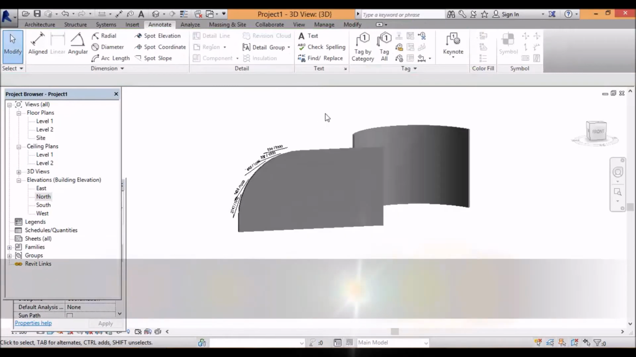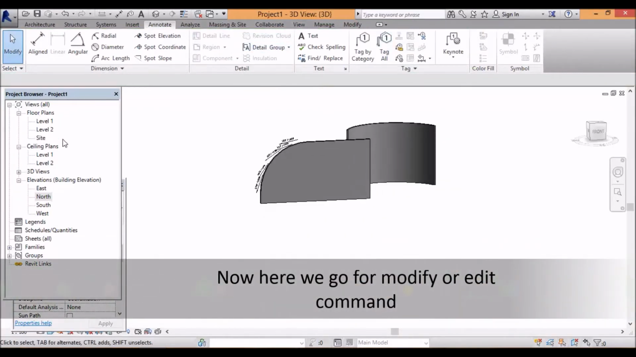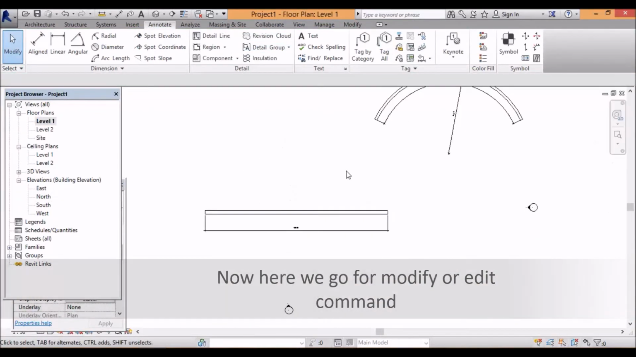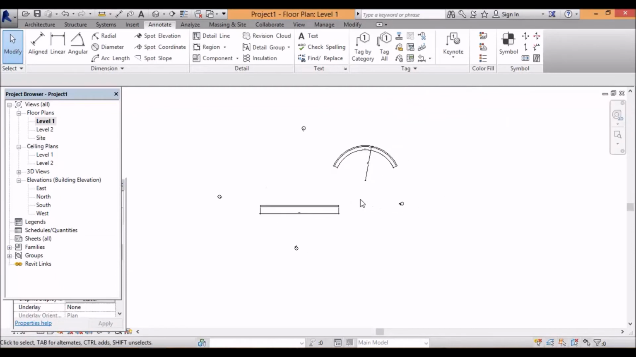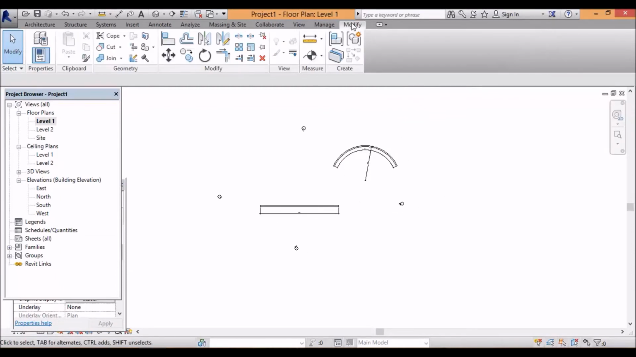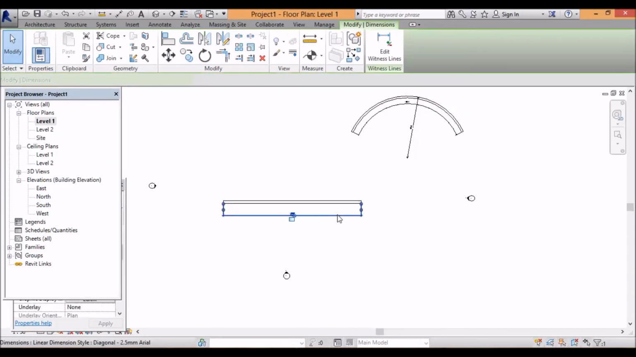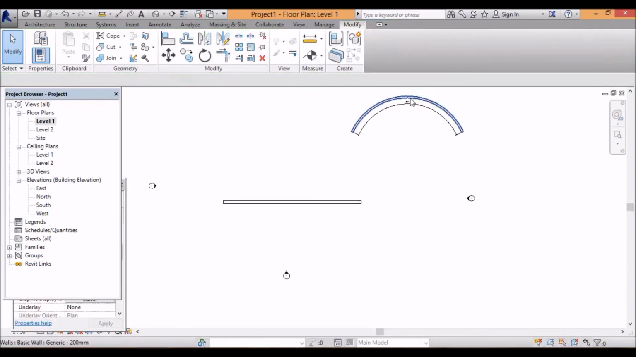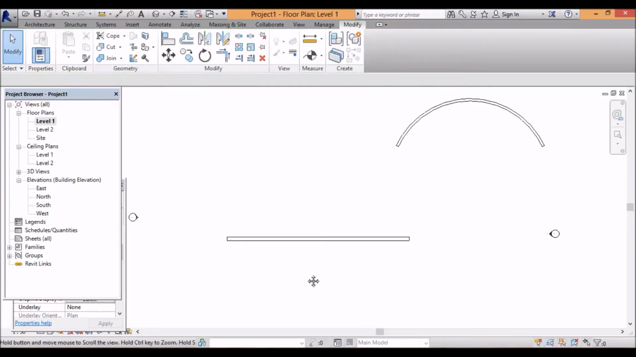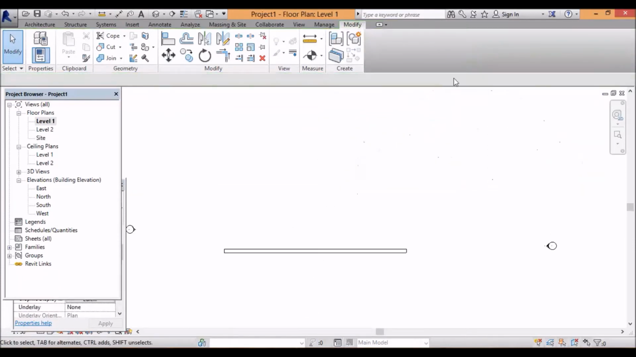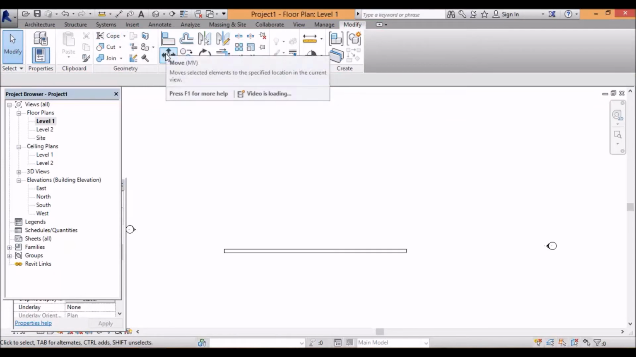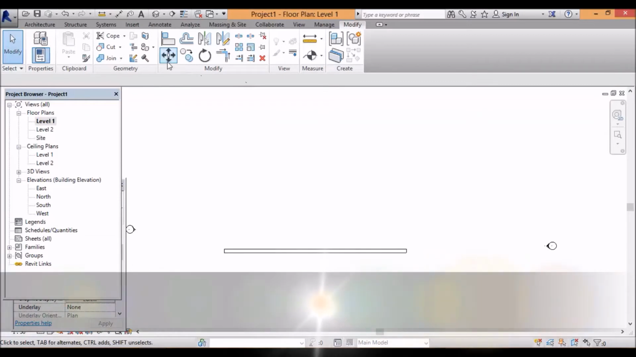Now I am going to use the modify command. How to use the modify command in Revit architecture? So first of all, click on modify. This is my modify command. First I am using move here. How to use move? Just click on the wall,